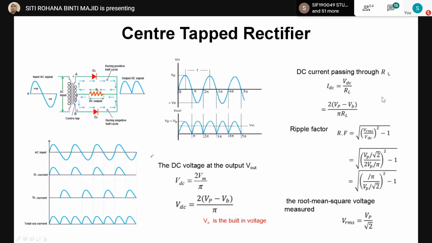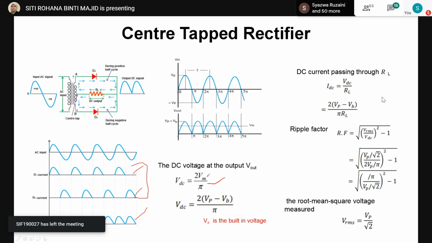Okay, when the input signal, this one for the output signal for D1 and D2, and when we mix these two, add it, these two profiles for D1 and D2, and then the final output is like this. And then there is a simple calculation for the center tap rectifier in which we can calculate VDC as 2Vm over pi,